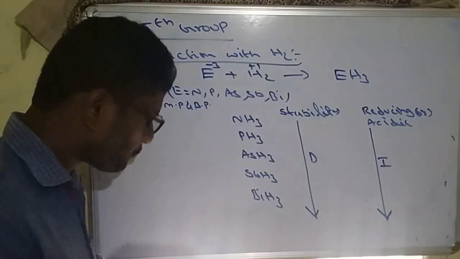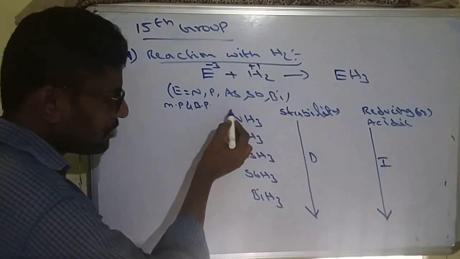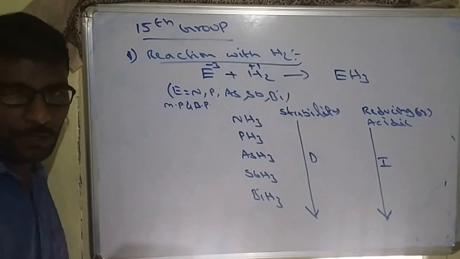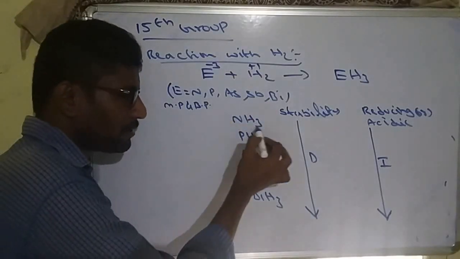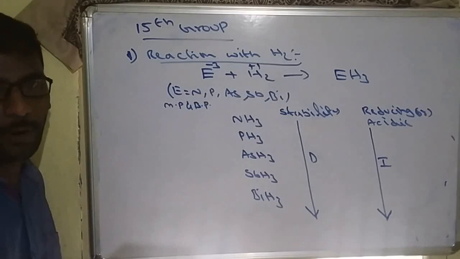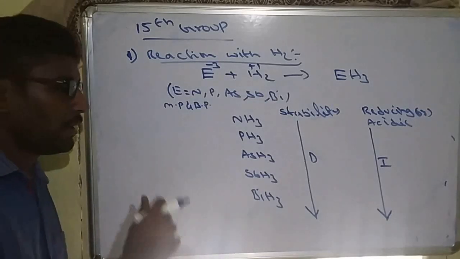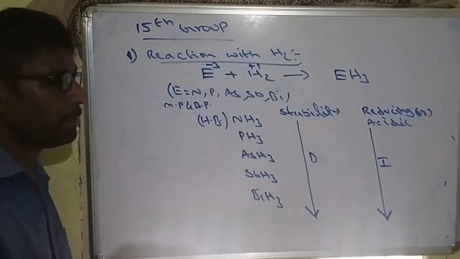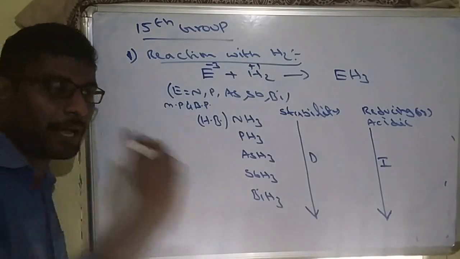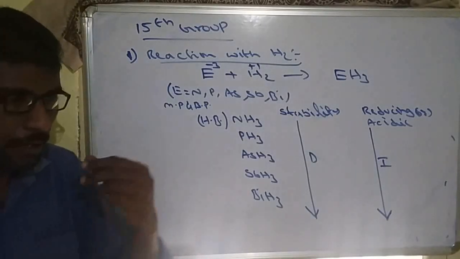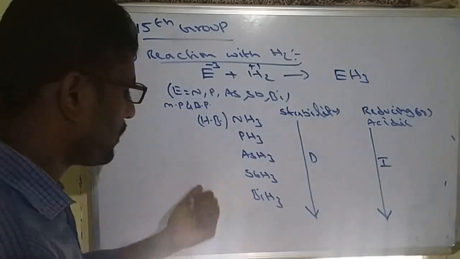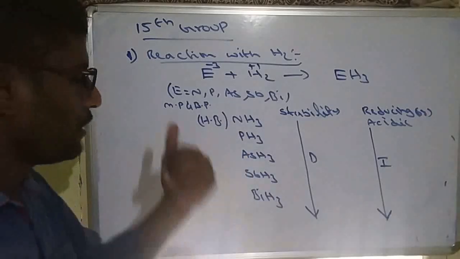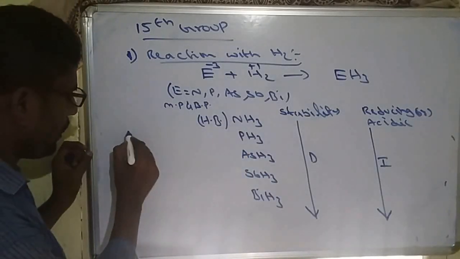But here, NH3 is expected to have less melting point and less boiling point because of its less mass. But actually NH3 exhibits higher melting and boiling point values than expected. That is due to the formation of hydrogen bonds. In NH3, hydrogen bonding exists. Wherever hydrogen bonding is there, boiling point and melting point will increase. That's why even though the mass is less, its melting point and boiling point become high due to hydrogen bonding.